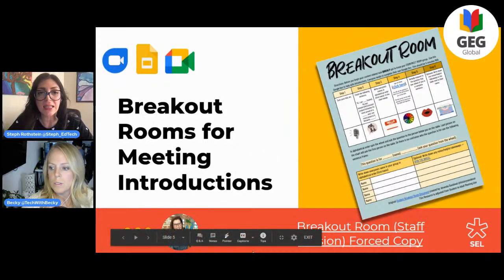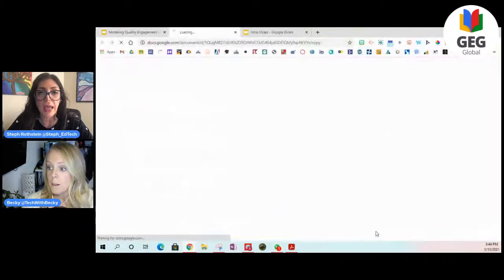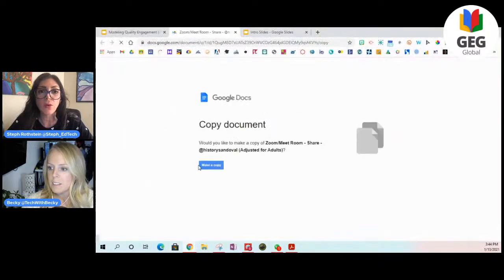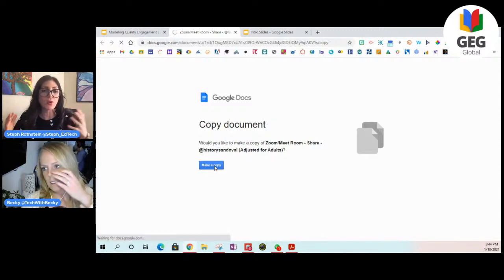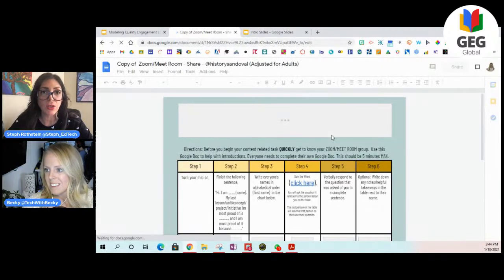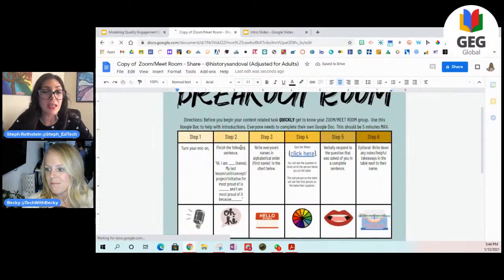Essentially what it does is it gives you, and maybe Becky's going to click on that to show you, but it gives you a way in, a process for when you are in a space or a breakout room to actually know what it is that you need to do and how to connect and talk to each other. And so it gives you the steps.